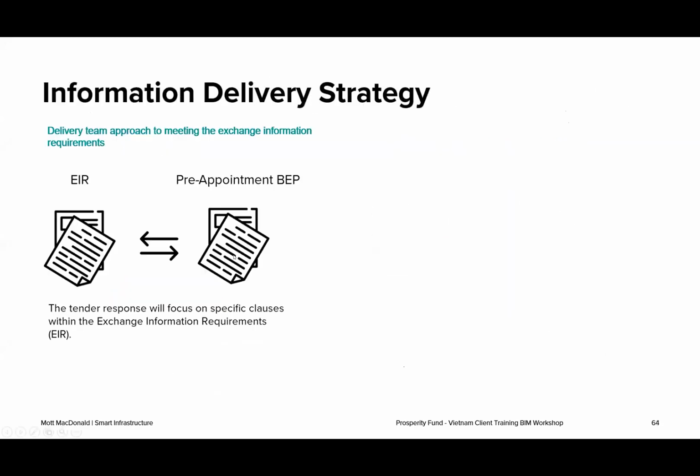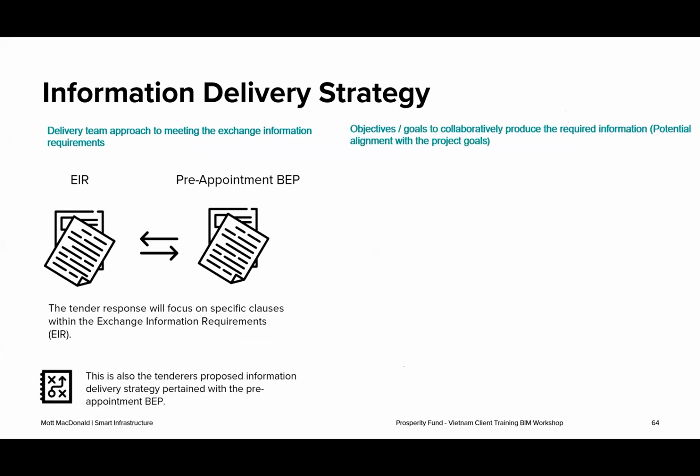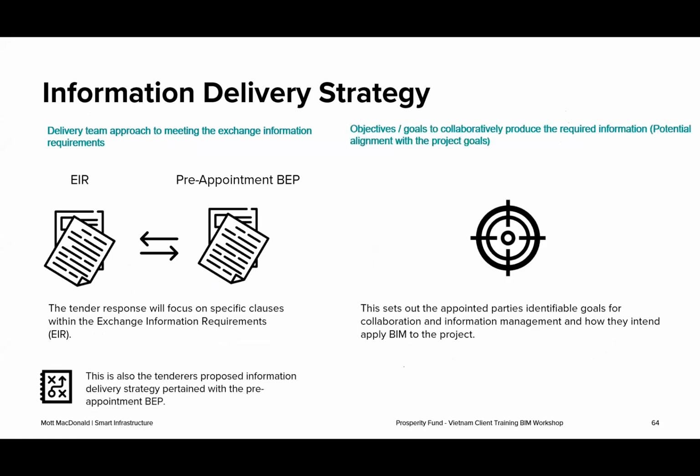So the second bit is the information delivery strategy. So this bit's really looking at, has the project team or bid team understood the information requirements, and have they written into the execution plan a response on how they're going to deliver those requirements. So you might have in the EIR, you might have specified some specific BIM uses,